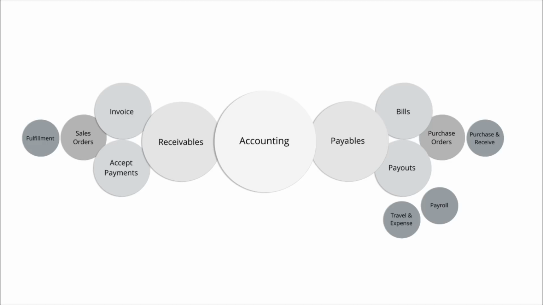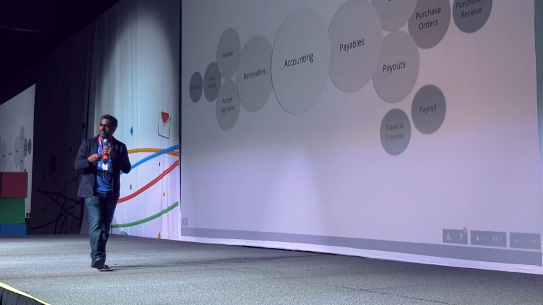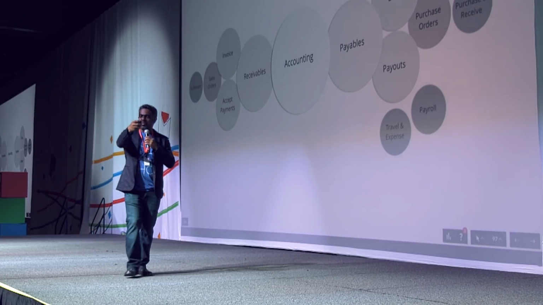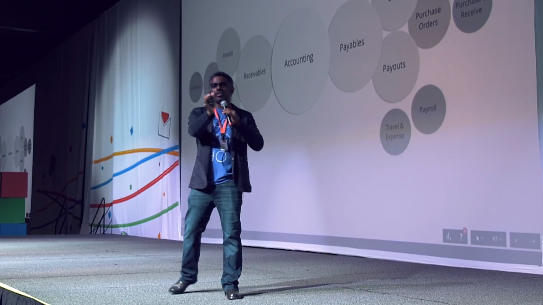Now, in the context of e-commerce, you're receiving money because you're accepting payments. In this case, through various e-commerce channels, and one of the channels being your online store. And you're receiving money through the orders placed. So there is the sales order aspect of it. And of course, once someone places an order, you have to take care of the fulfillment. That's all one side of the equation.